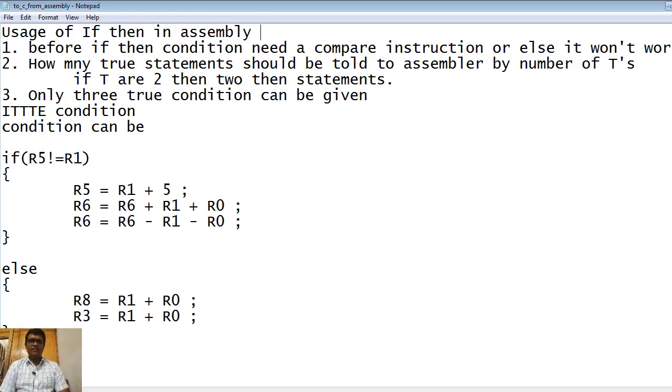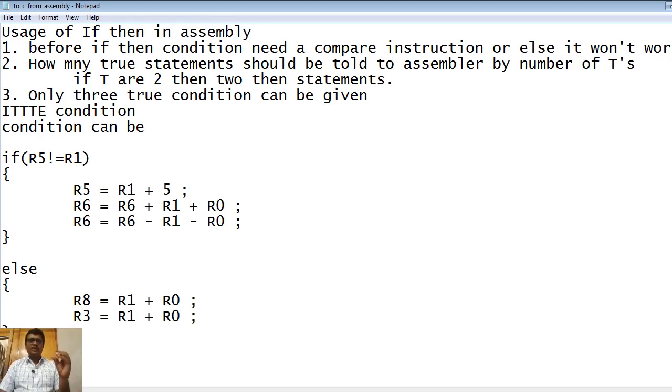So the one difference between looping and an if then or an if else is that in looping, till the condition becomes false, the instructions which have been written inside the loop are going to be executed. Whereas in an if else or if then, if the condition is true, it is going to execute only once. So this is the major difference between an if then and a for loop. A for loop is going to be executed till the condition becomes false.